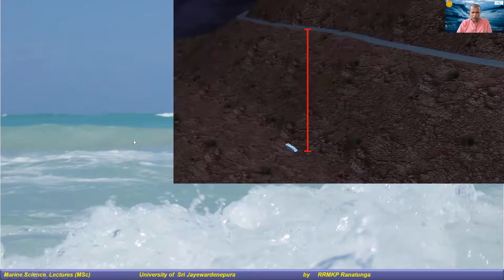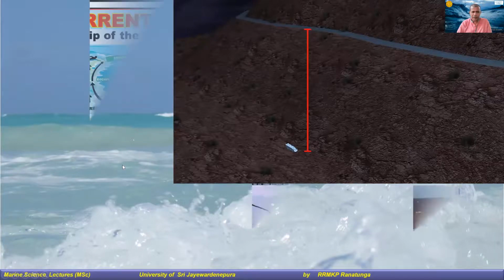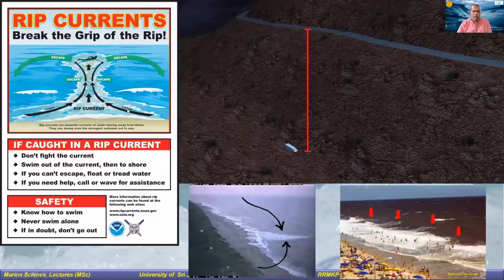I think you got some idea about the rip current from that, but in very basic terms, how it occurs is mainly because of the longshore currents when they are flowing across a sandbar or something like that, right?